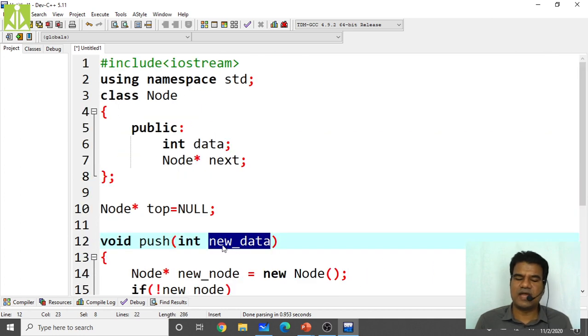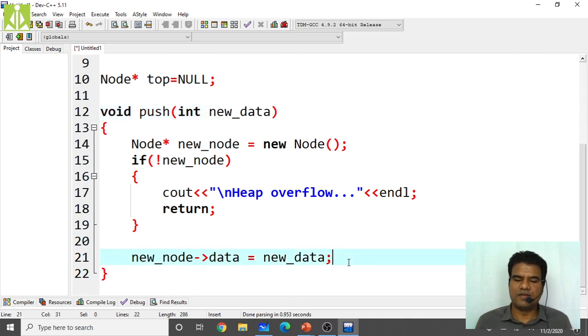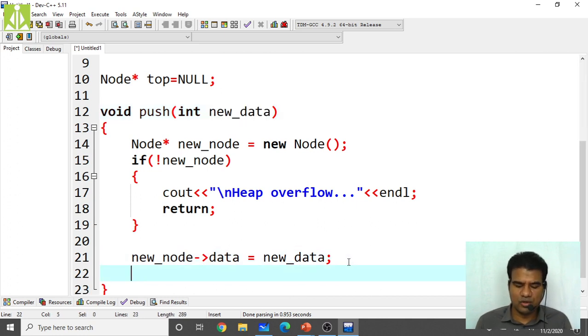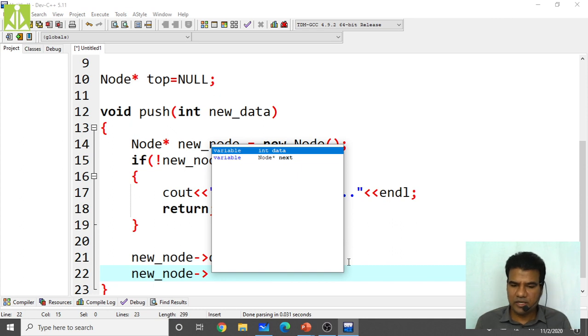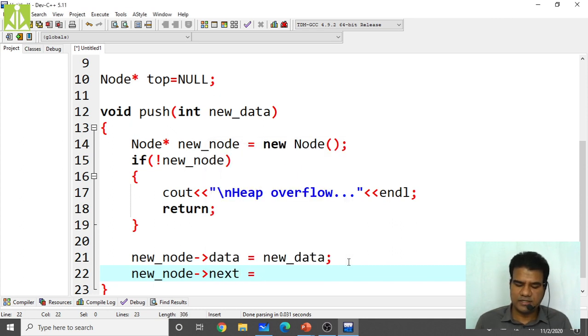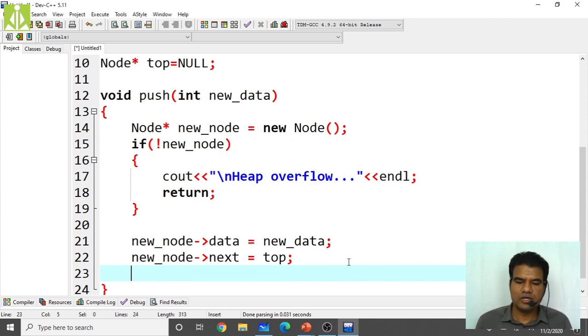So that is the reason I have taken the identifier as new data over here, to have the differentiation. Next, new node's next equals top. Whatever top is holding, that same thing we have to put inside new node's next. Then make top as new underscore node. That's it. This is my push operation.